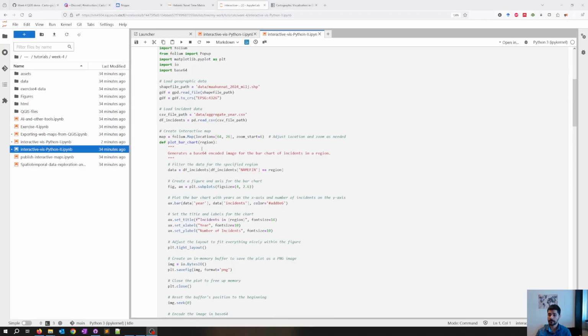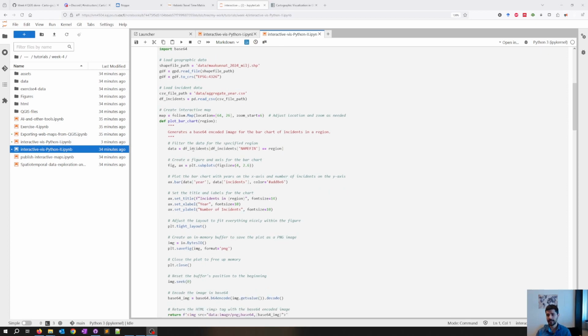Yeah, so I'm going to use Folium for that. One thing I'm doing is creating a function for plotting bar charts, because I'm creating plots for different years for each region. So I don't want to rewrite the code. Instead of writing that code separately for each region, I'm going to create a function. So for each region, I can call that function and create that bar chart that I'm going to add to